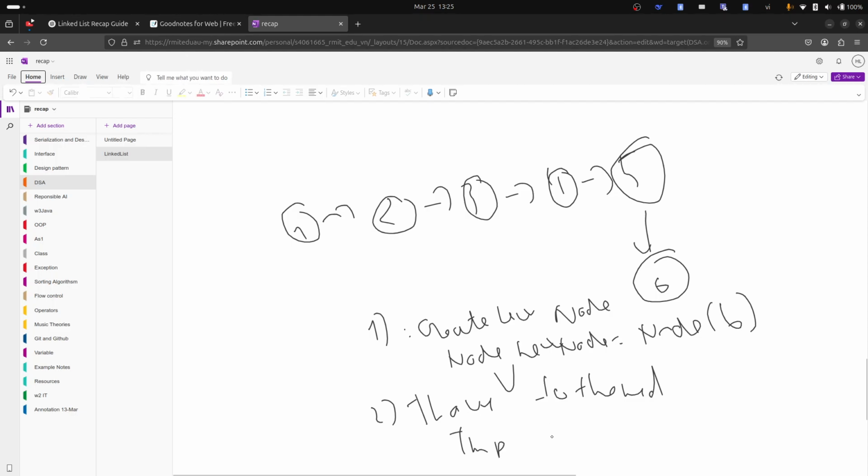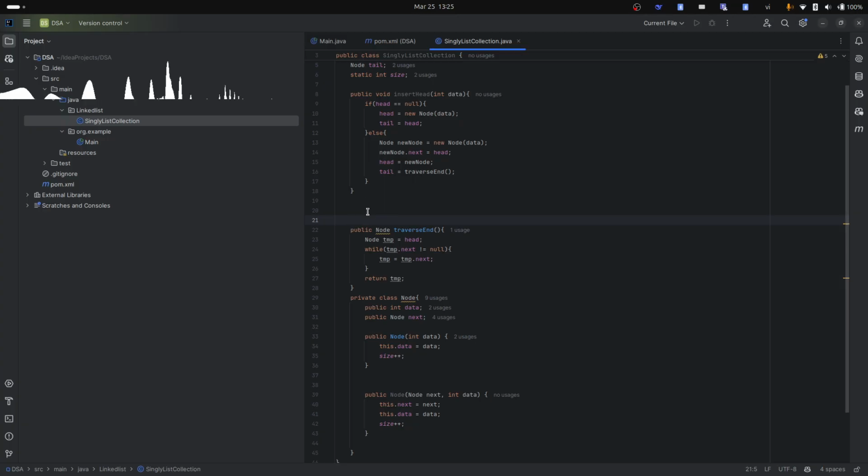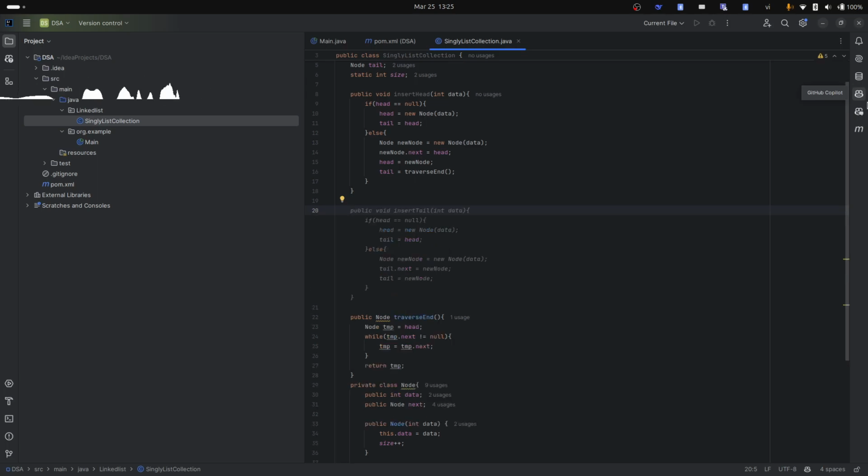We declare the temporary node, and this temporary node already traveled to the end, and this is going to point: next equals new node, right? These are the things, and for the new node, next is by default null, so we don't need to declare it right here. But I think it's best practice to write it down, right? To traverse to insert at the tail,